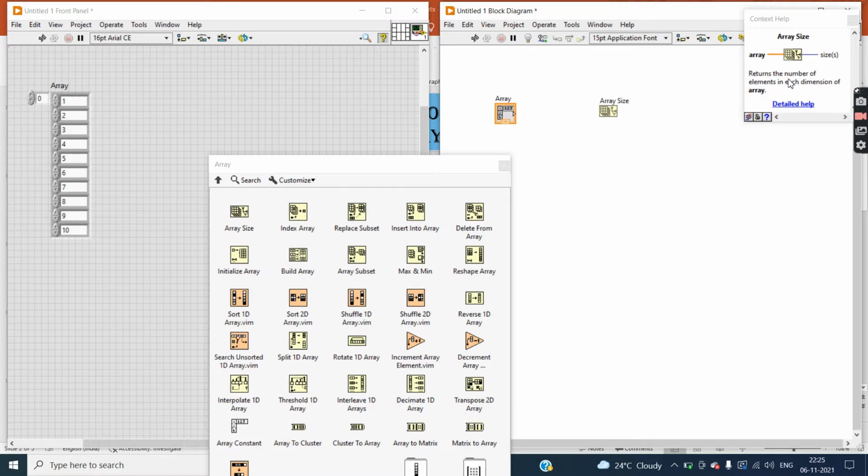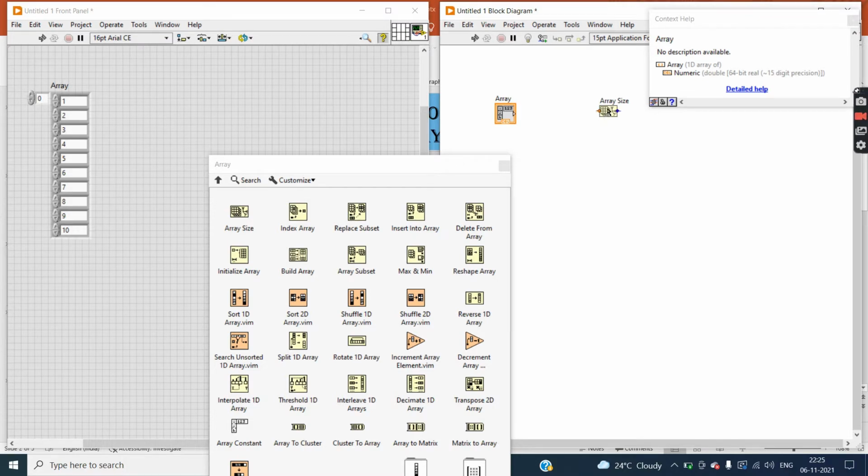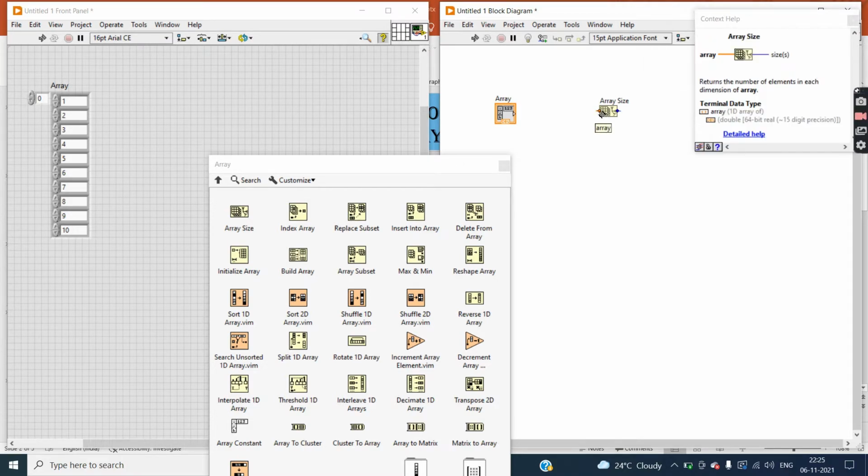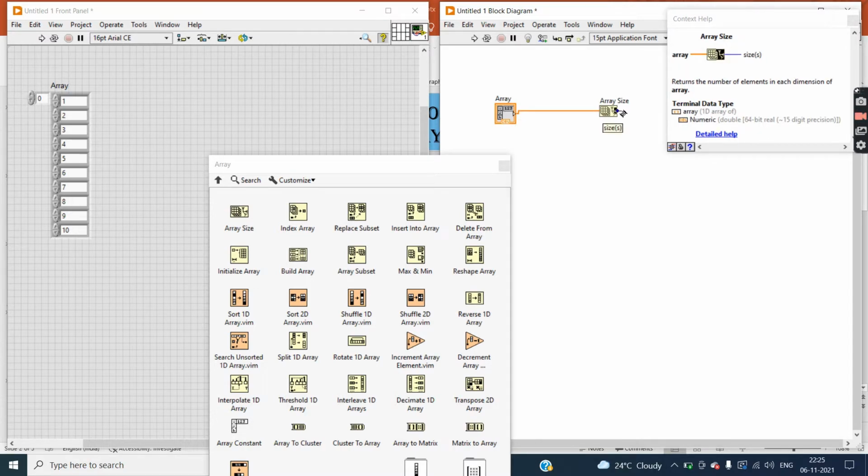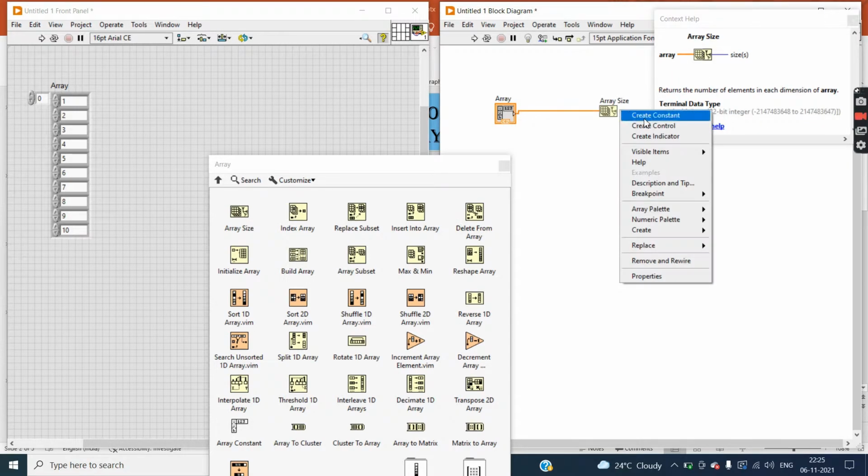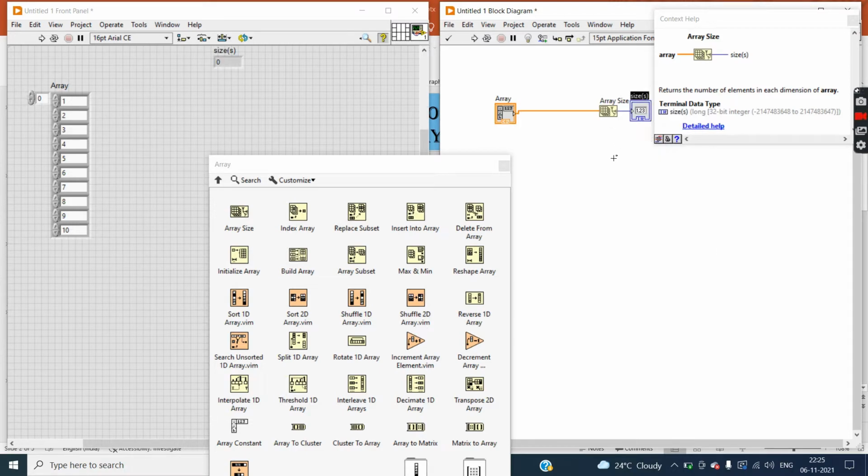The function of array size is that it returns the number of elements in each dimension of the array. That means in this array dimension, how many elements are present? This is told by array size. So simply connect array size to the controller and create an indicator.